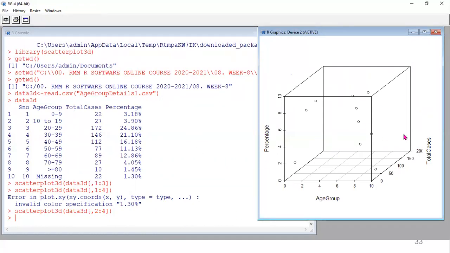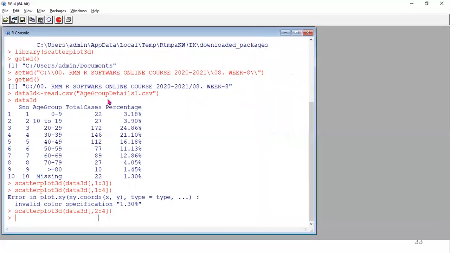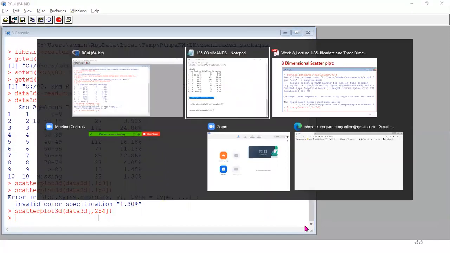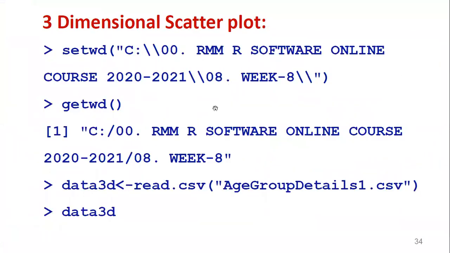So you compulsorily have to provide 3 dimensions. Why? Because we are using scatter plot 3D, which compulsorily takes 3D only. So this is the scatter plot 3D for our own data, COVID data, age group details.